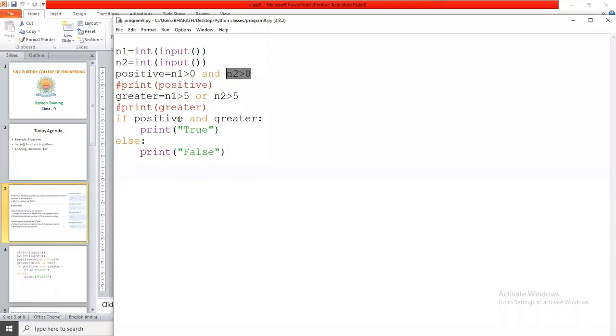Okay, you can combine these statements here also. Directly write n1 greater than 0 and n2 greater than 0. And here in greater you are going to write n1 greater than 5 or n2 greater than 5.